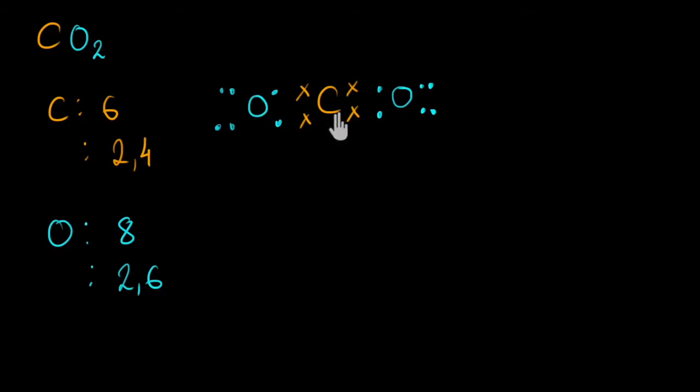And to get 4 more, it will need to share 4 electrons. So carbon is going to share all of its electrons. Whereas if we talk about oxygen, it already has 6 electrons. It needs 2 more to complete its octet. Now to get 2 more, it needs to share 2 electrons. So oxygen is going to share 2 electrons with 2 of the electrons of carbon. Something like this.